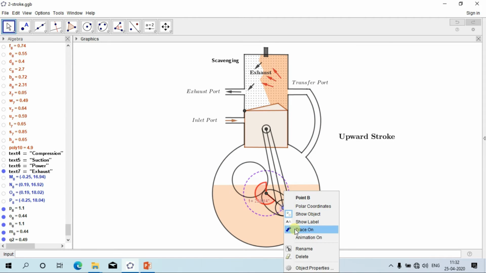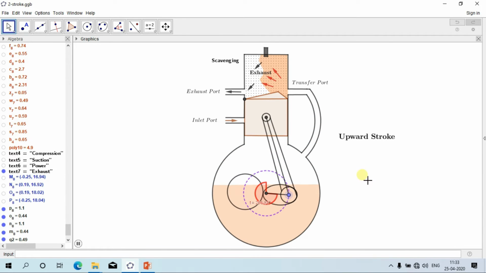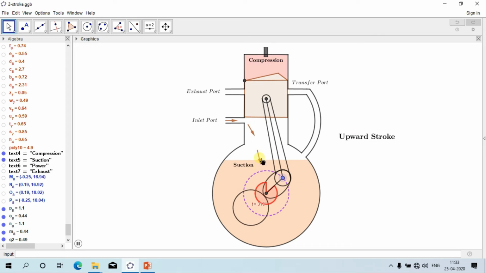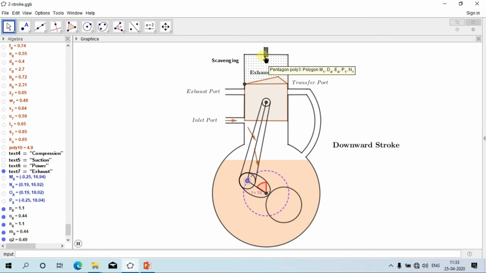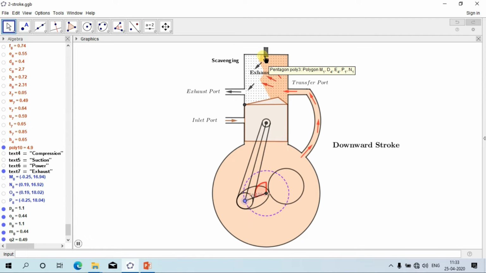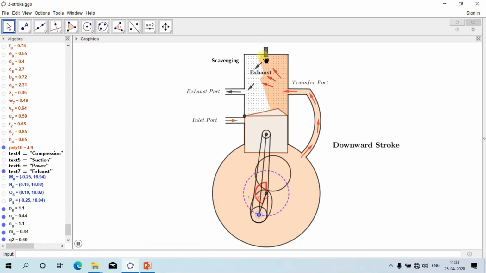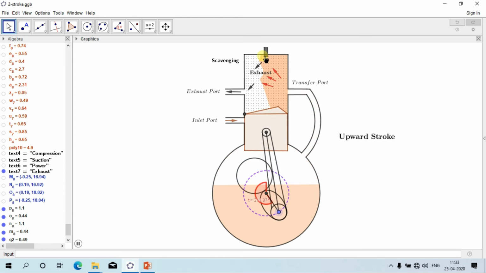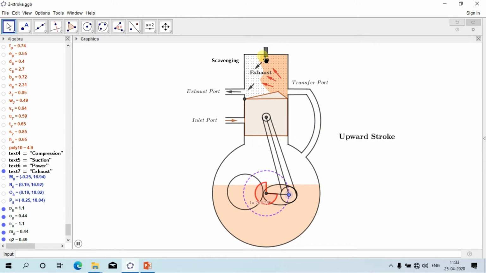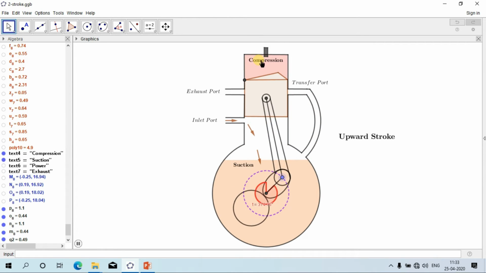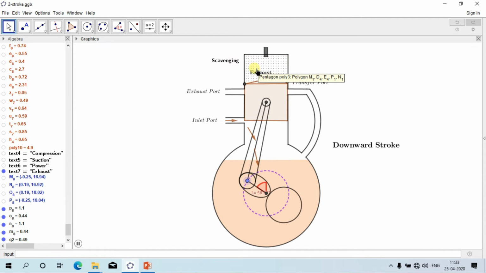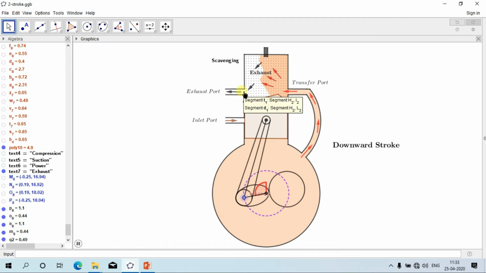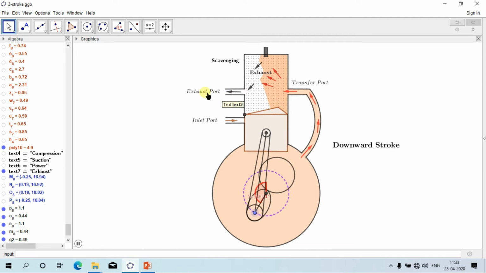Let me start the animation so you can better understand. First, upward stroke. So suction and compression will be simultaneously going on. Then with the help of a spark we are generating power or creating a high pressure condition. So the piston will be pushed in the downward direction in the power stroke. Observe this. Now we are giving spark. So power, high pressure is generated, which is pushing the piston downward, and exhaust gases will be going out of the